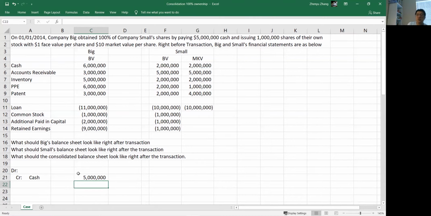Because the 1 million shares are marketed, although their par value is $1. You can go to intermediate 2 or 3 to check what par value is. But their par value is $1, which is face value, but their market value is $10, right? Meaning that had company Big decided to sell the 1 million shares, you could easily collect $10 million together with the $5 million they're going to be paying. They're going to collect $15 million,